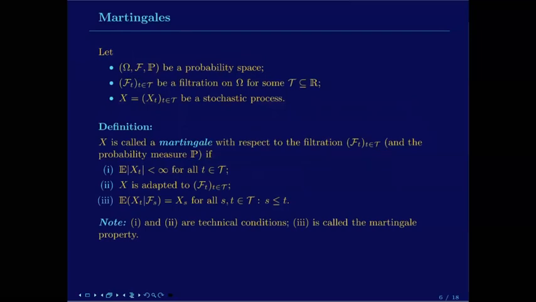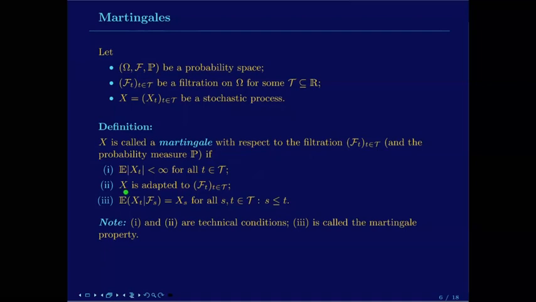Now we come to our main topic of this lecture. So having again a probability space, a filtration, and a stochastic process, we say that the stochastic process X is called a martingale with respect to the filtration. And we will also see later with respect to the probability measure. If, firstly, the mean of all X_t exists, so the expectation of the absolute value of X_t is finite, then